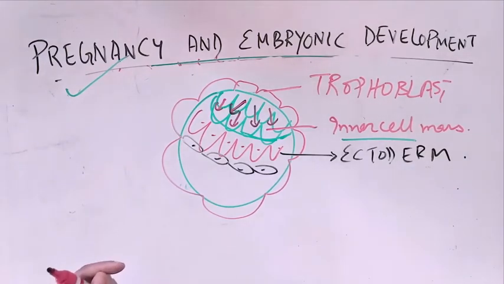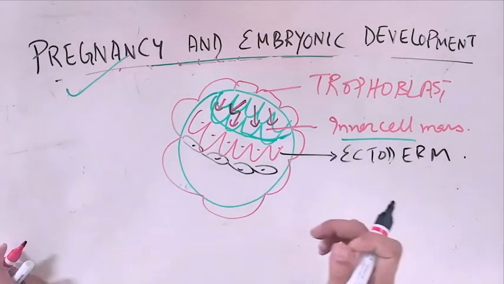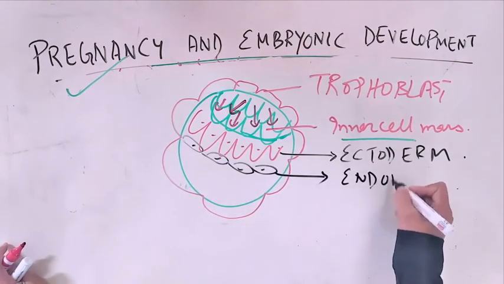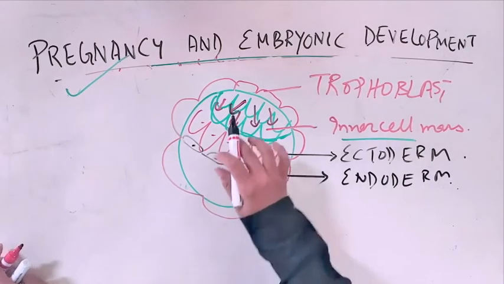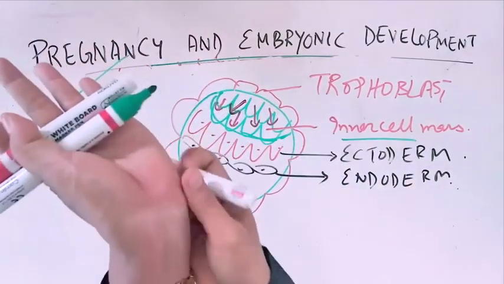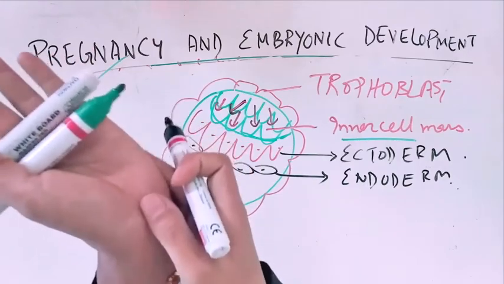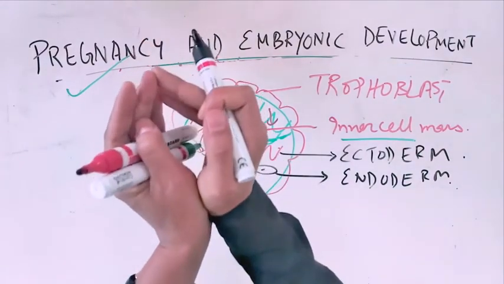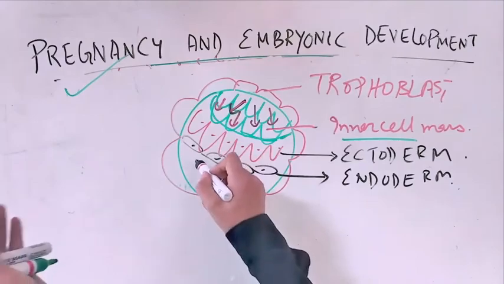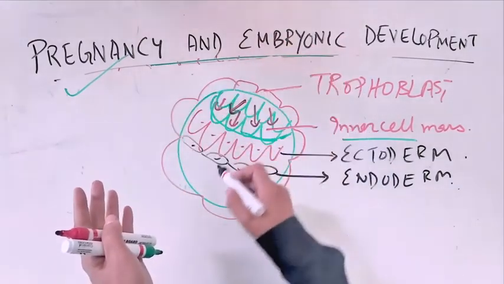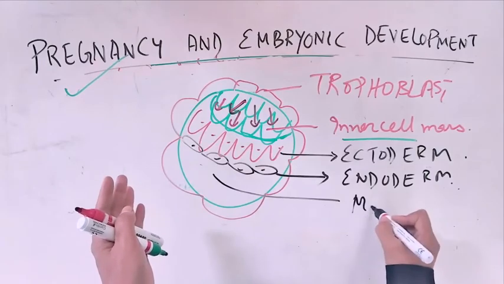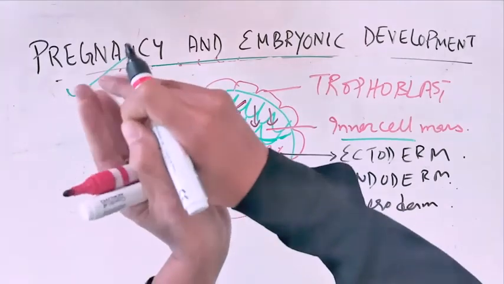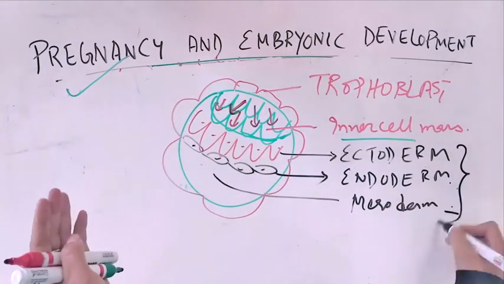ectoderm. It will form ectoderm, which will form the epidermis of the skin. Next, the inner one will be endoderm, and the outer one will be ectoderm. Let's see if you open it, those inside it will be mesoderm, which will be formed later. So ectoderm, endoderm and mesoderm, these are the